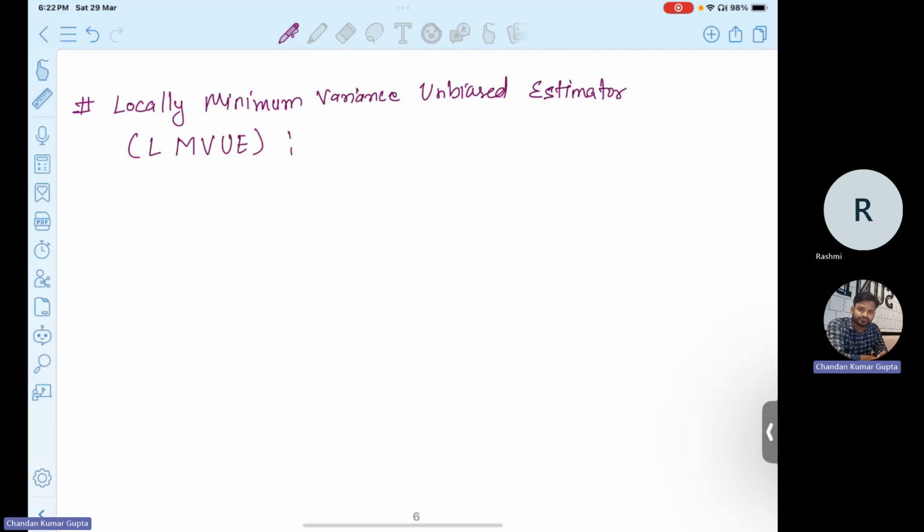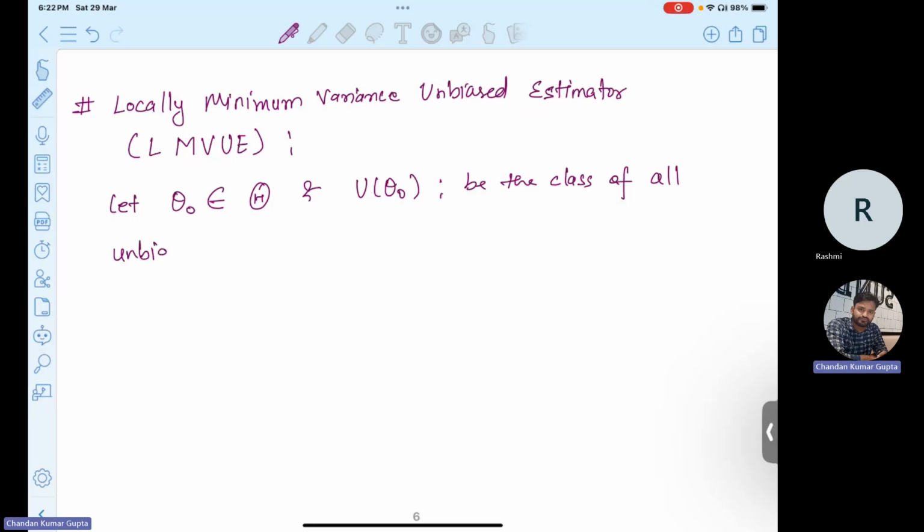Suppose we have a theta naught which belongs to the parameter space capital Theta, and suppose U(theta naught) be the class of all unbiased estimators T(X) of the parameter theta naught,